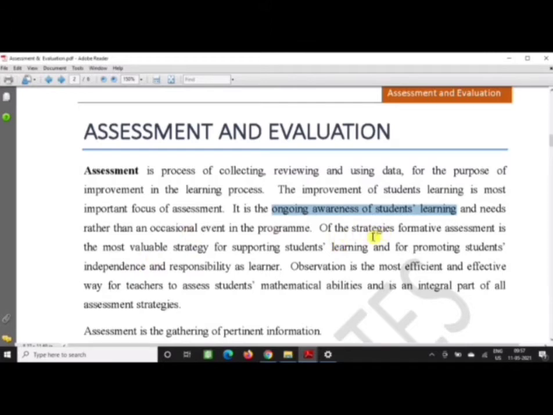Formative assessment is the most valuable strategy for supporting students' learning and for promoting students' independence and responsibility as learners. Observation: how a teacher keeps an eye on the improvement of the learning process of students is through observation. Observation is one of the most efficient and effective ways for the teacher to assess students' teaching learning abilities.